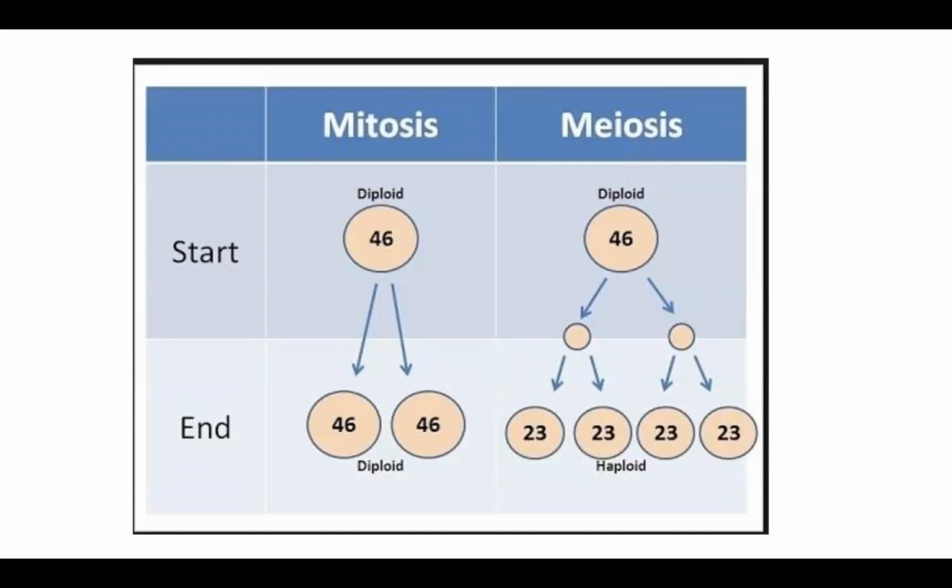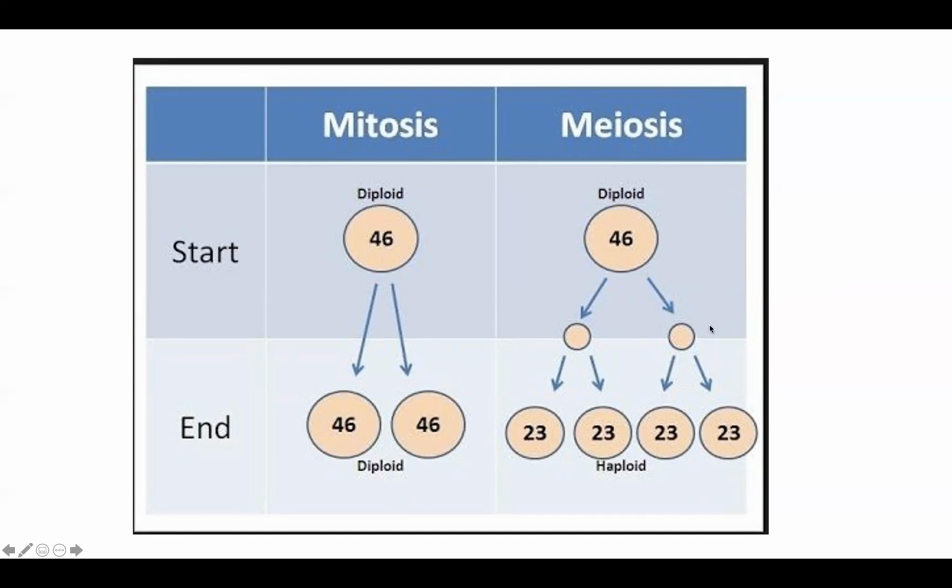So this is just a visual that shows us what's happening between mitosis and meiosis. We start mitosis with a single diploid cell, right? At the end of mitosis, we're going to end up with two new cells that are going to have a diploid chromosome number. One round of cell division yielding these two genetically identical daughter cells, which just means that they're going to have the same chromosomal makeup, both cells going to be copies of what we started with.